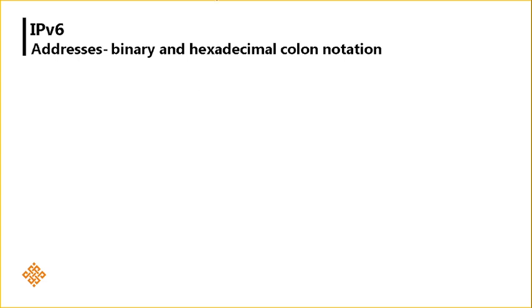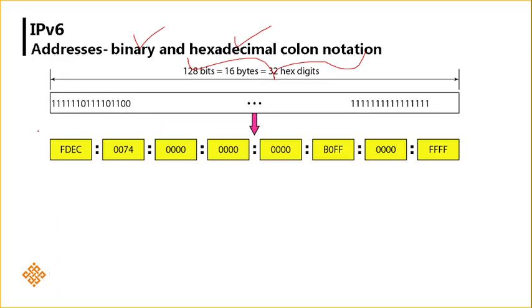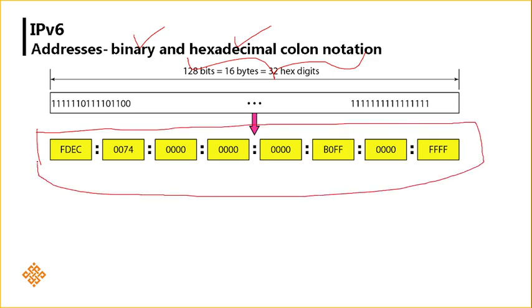One in binary form, the other one in hexadecimal colon notation. Same thing we have seen in the IPv4 address also. There also we have represented hexadecimal colon notation as well as binary form. Now let us first see how to represent IPv6 in hexadecimal colon notation. You can see a 128-bit address has been divided into 8 sections,